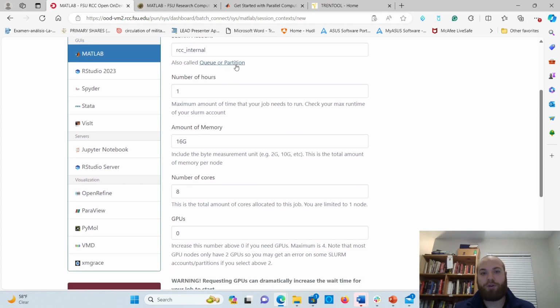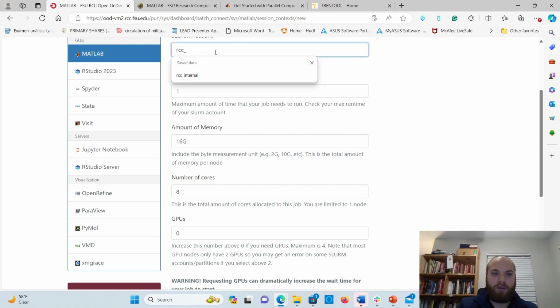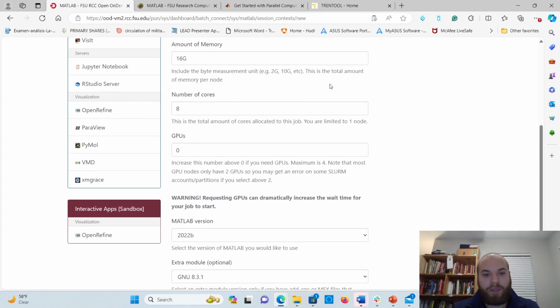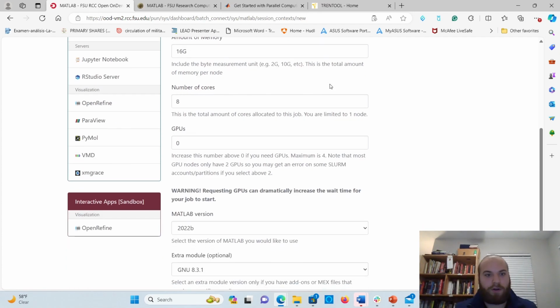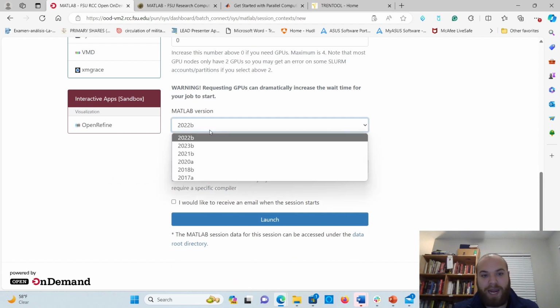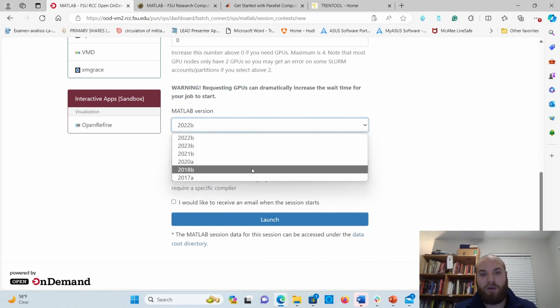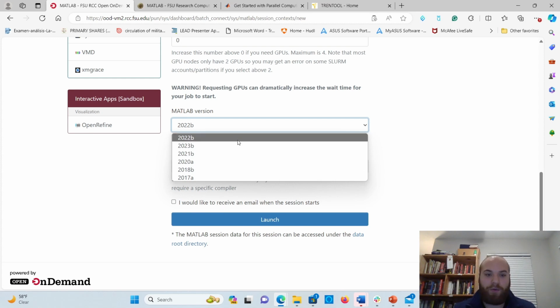Okay, please check which partition you're using. In this case, I'm using RCC internal, but you don't have permissions for that one, so use the general access queue. Okay, in this case, GenAC. Okay, now check which version of Matlab you want. If you're dealing with legacy code, it's kind of compatible, but check which version you're using,